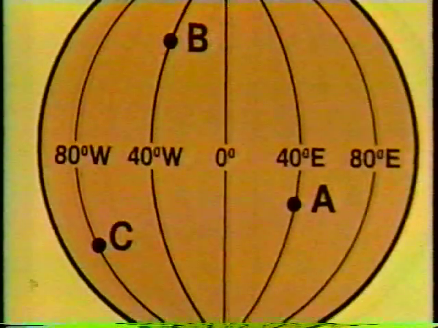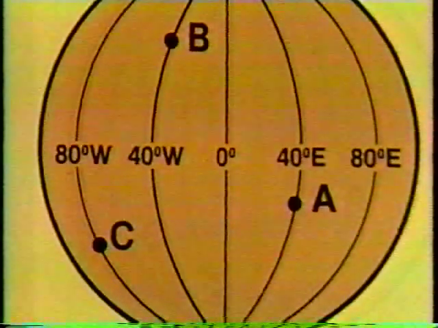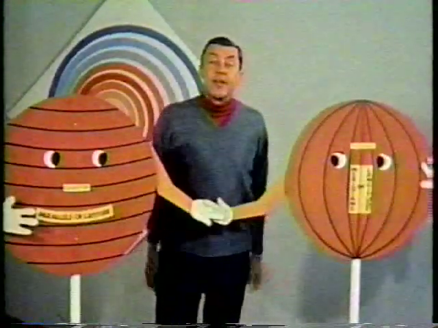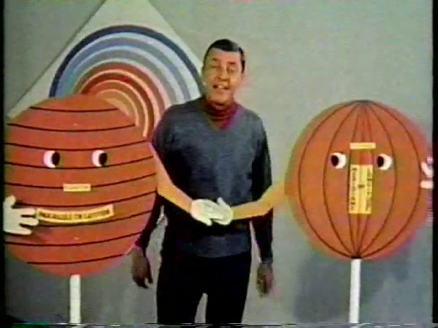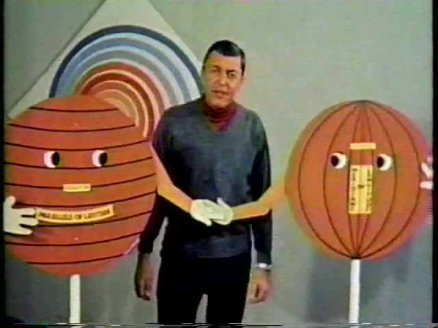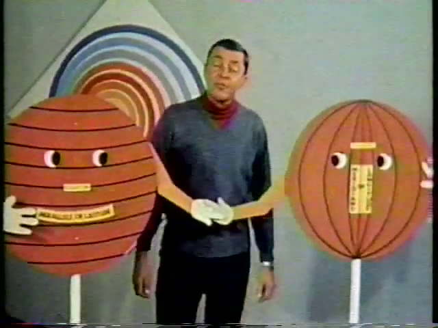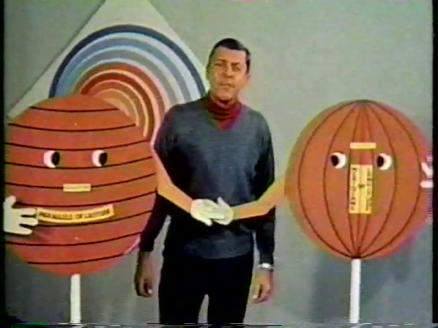To locate any point, then, we really need both its longitude and its latitude. That's why these two get along so well together. They really work hand in hand. On most globes and maps, Mr. Latitude and Mr. Longitude form a grid system, which enables us to find the position of any point on the